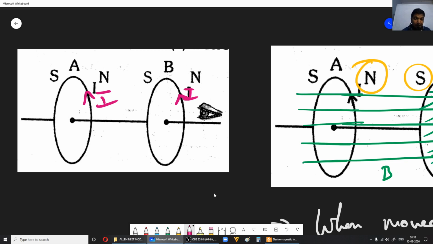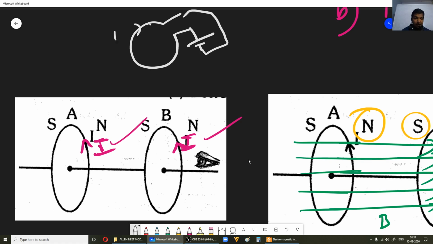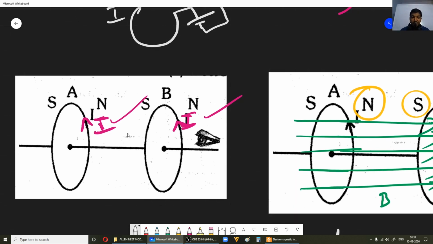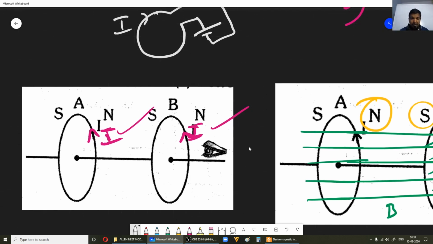Now this current will always be constant because it will be pumped by the battery, and it depends on the resistance of the coil also. So what I mean is, say you have a coil like this, then you connect that coil to a battery. Now this current, what we are seeing here, we can call it the net current, because since the coils are at rest, there is no relative motion before starting the motion. So this current is entirely due to the battery or electric cell which is connected. Now this can also be regarded as the net current.